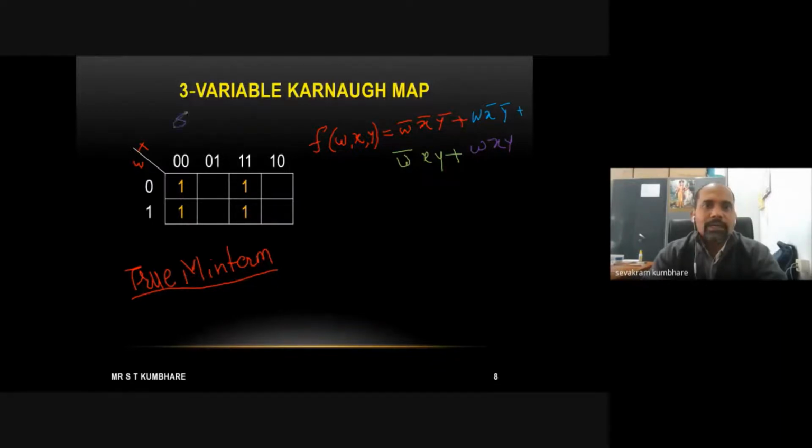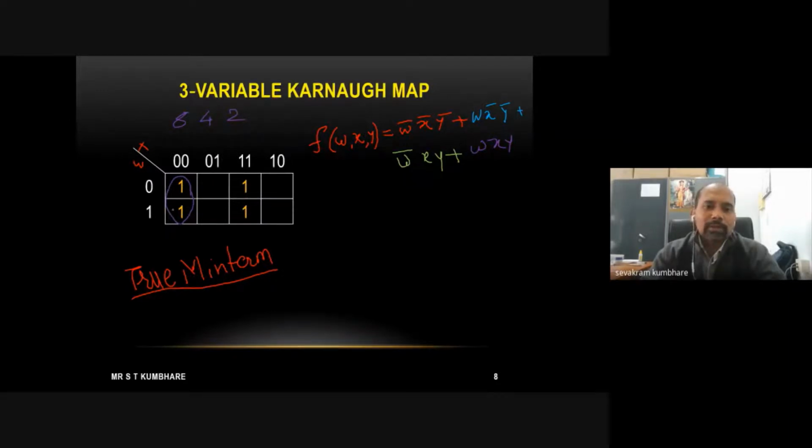I have a total of 8 cells, so I cannot club these 8. After that, I have to look for 4 cells to club. Again, you observe whether 4 adjacent ones are there or not. There is no 1 over here, there is no 1 over here. So there is a gap between these two ones, so I also cannot have the clubbing of 4 cells. Now we have to look for 2 cell clubbing. If you observe, this is having 1 grouping, because this cell has adjacent ones.